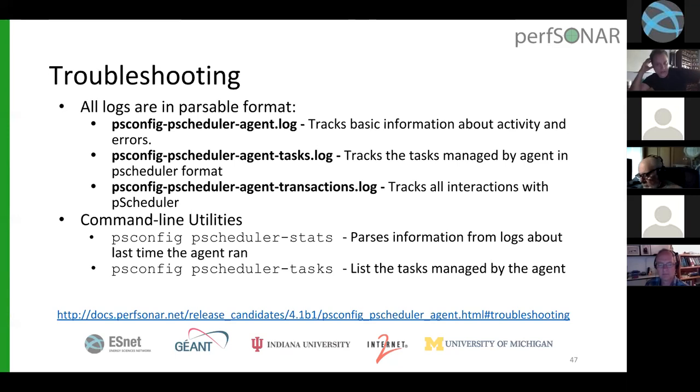And I'd actually like to add a few more when all is said and done to make things a little bit easier. So we have this one log that has just your basic information, errors, and things like that. It's probably your first place to look when things go wrong. And then something that tracks all the tasks that PSConfig thinks it should be creating, which is sometimes useful for comparing to